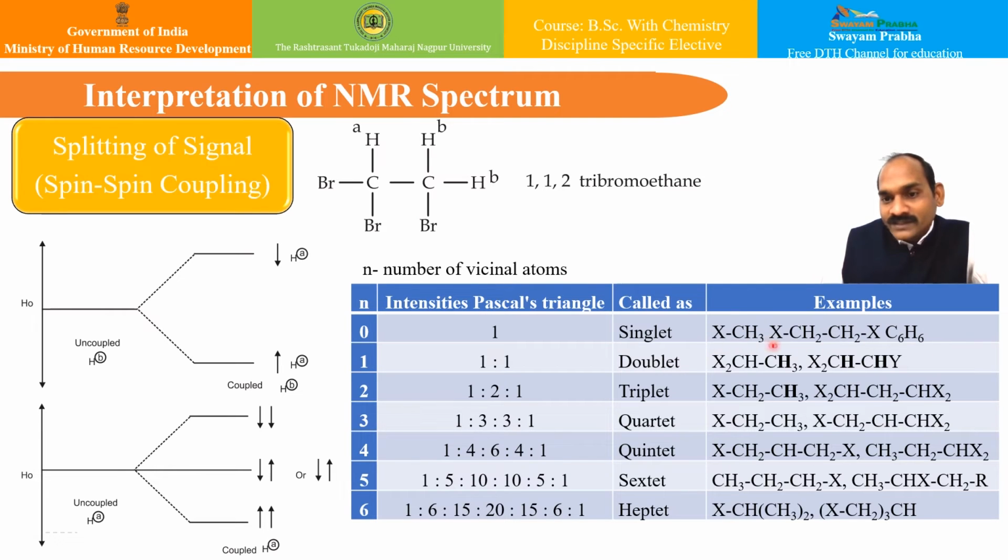So you can have examples like this: this particular three protons will split into a doublet, so you can have a 1:1 doublet, isn't it? Whereas with this proton, given the influence of these two protons, this particular hydrogen will split into a triplet, and likewise so on. The effect can carry on. This CH2 will split into a quartet because it will have the influence of these three protons, and so on.